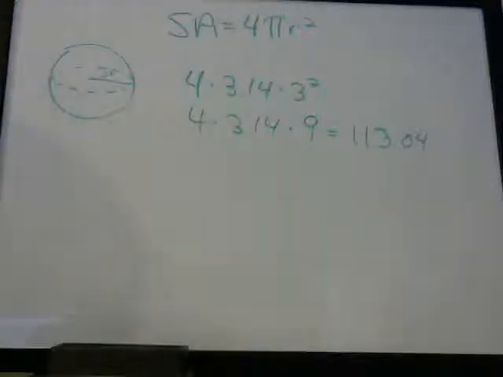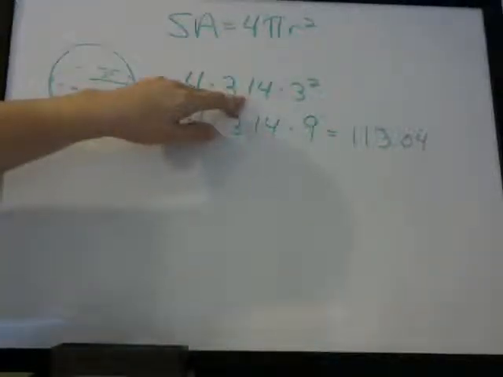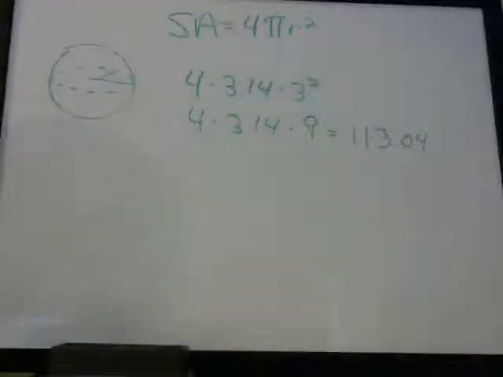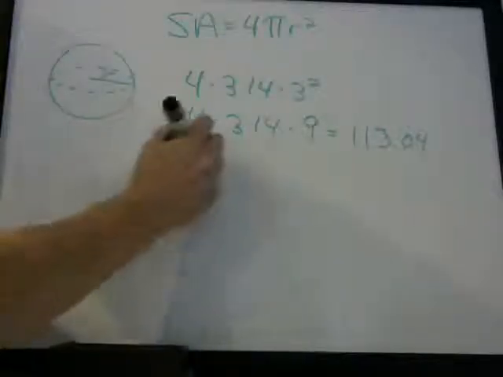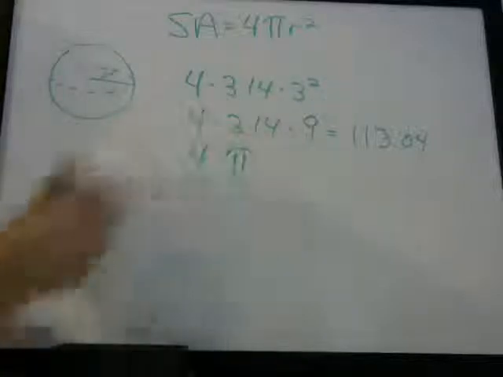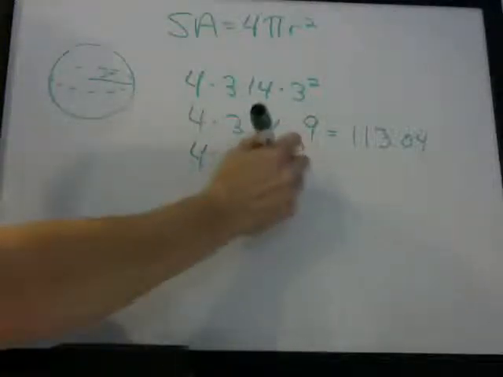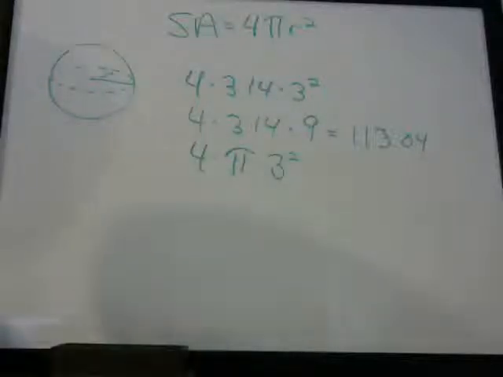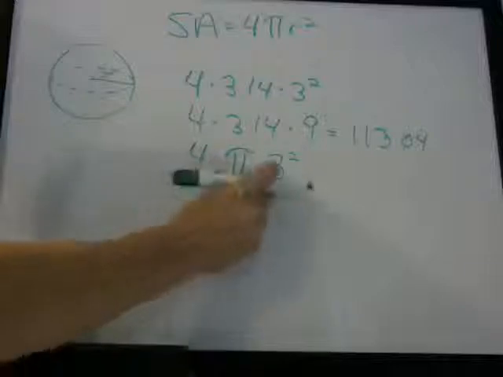Now sometimes they might leave the answers in terms of pi, where you don't actually have to multiply it out by 3.14. You just leave it, they call it leave it in terms of pi. So if you look at the answers and they are in terms of pi, then you just say 4 times pi, because we're not going to multiply it out, times r squared. So it's the same thing. Remember, this is just a number. So 4 times pi,